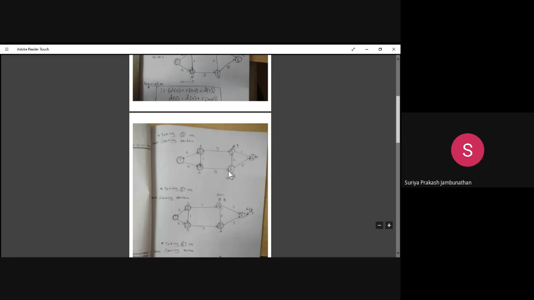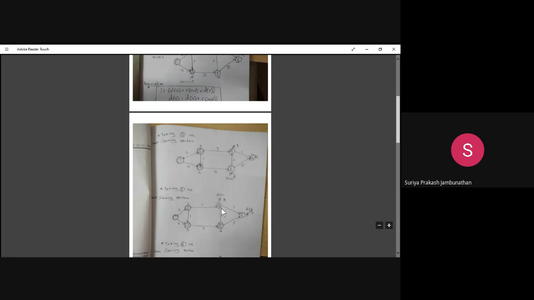So when you are going for 5, we have 2 nodes we can travel to from 5, that is 4 and 6. So here we can update the weight for 4 first, then we have to update the weight for 6. When updating the weight for 4, the node weight of 5 is 6. So 6 plus the edge weight 2 is 8. So 9 is greater than 8. Whatever the actual value you have here is greater than what we find here, so you have to replace 9 with 8.